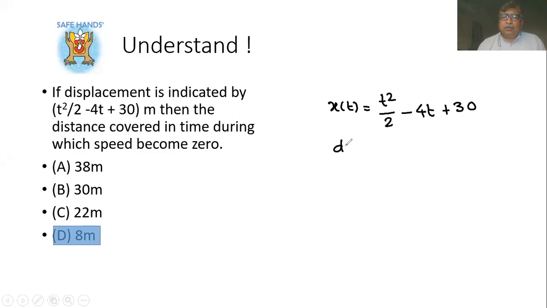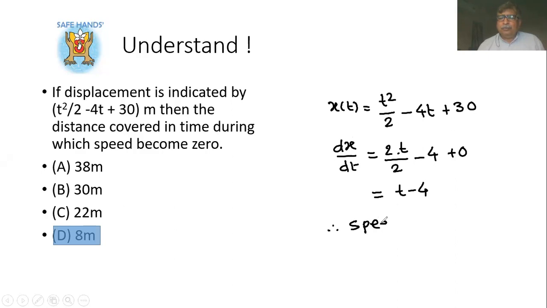If I differentiate to get the value of speed, I get dx by dt equal to 2t by 2 minus 4, and this becomes 0. So the final answer is t minus 4. That means speed will be 0